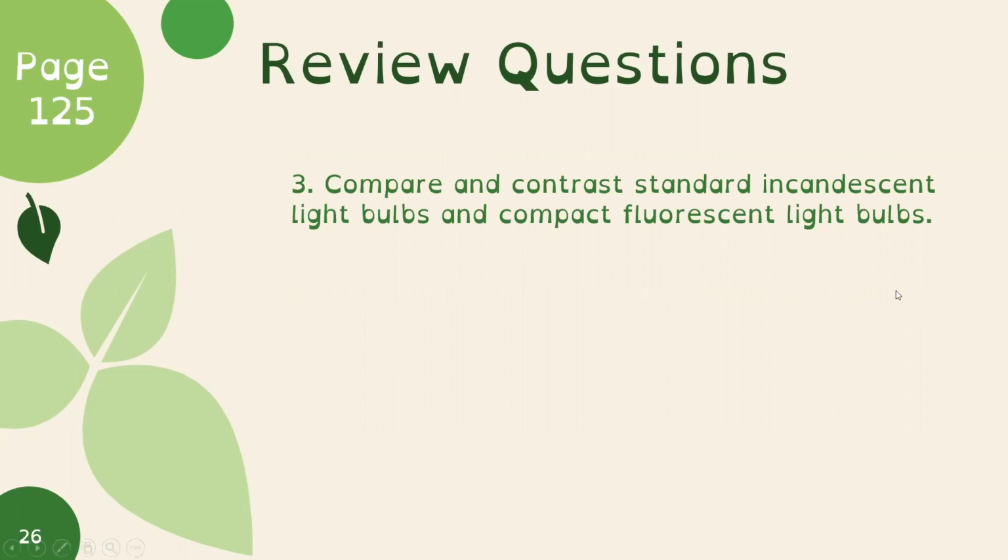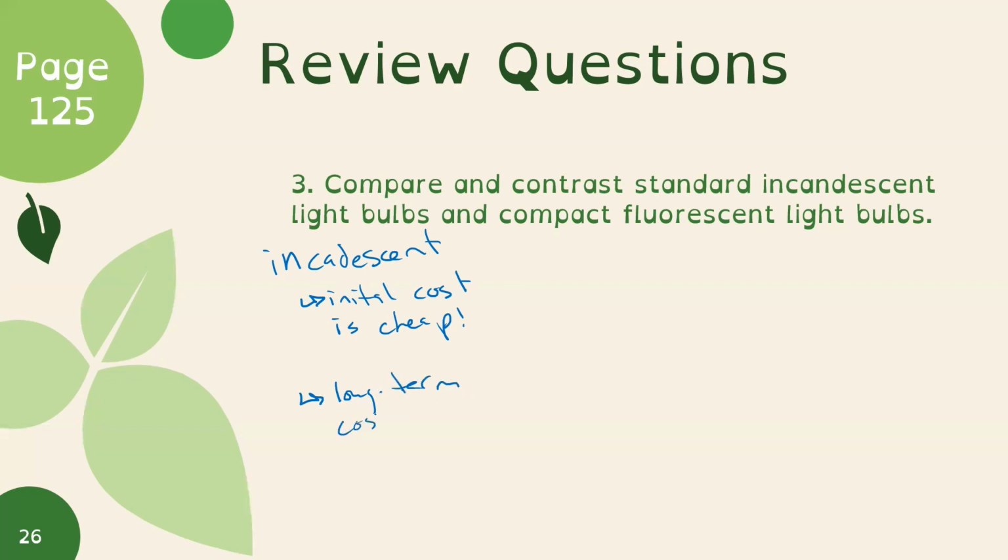So really, incandescent light bulbs are cheap. The initial cost is cheap, like a couple of cents, basically less than $1. But the long-term costs are much higher. So you get cheap light bulbs when you go to the store, but then you have a high electricity bill in the long run. Whereas compact fluorescent light bulbs